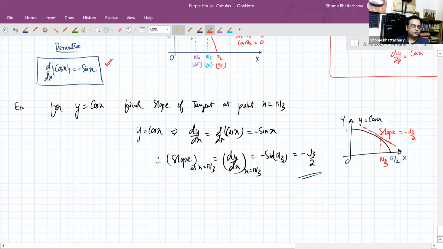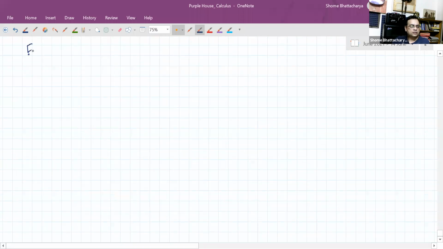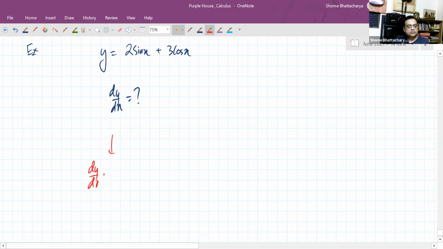So now, for example, suppose we have a function like this. Y is equal to 2 sin x plus 3 cos x this time. Let's say. So then what is dy by dx? We'll just use the properties and the formula. So you can see that here, when we are operating differentiation on this function,